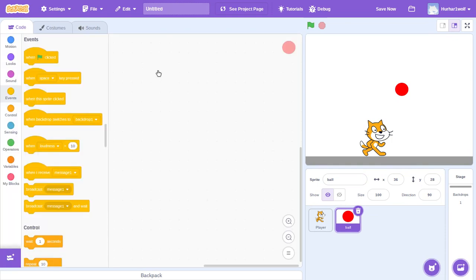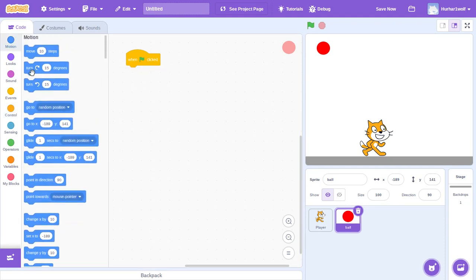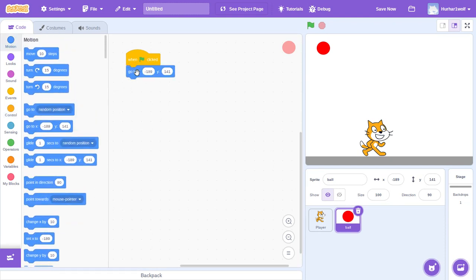Now to get to the code. One green flag clicked. Control, motion, go to this position. Okay, let's test the project. Okay, good, but this is not a collector because you can't just go. Okay, so you'll need, if I click ball,